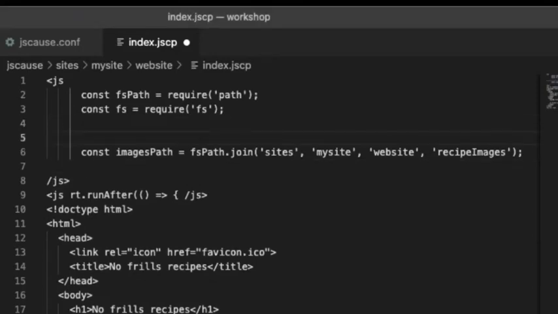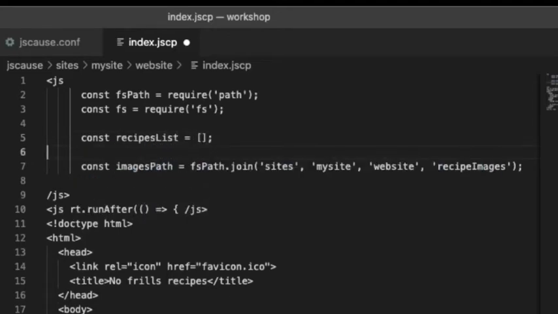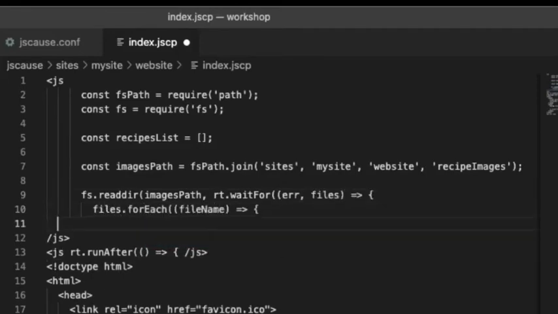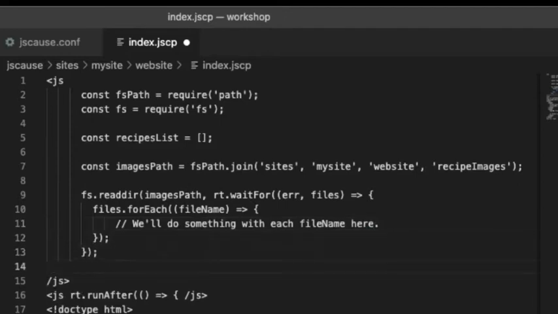Let's also declare an array which we'll use to store all the recipes. Okay, so let's read the directory. We have our image path, so we'll use readdir, which uses a callback, and within the callback, we'll process each and every file inside the images directory. Remember that we must use rt.waitFor so that JSCause waits for the callback to be completed before sending a response